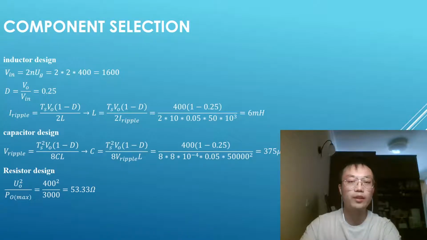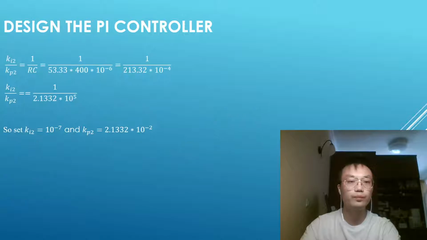As for the component selection, for the inductor, calculate the input voltage of the buck converter on the right side, find the duty ratio of the MOSFET, and use the formula to find the value of the inductance. It is proper to choose the inductor as 6 mH. For the capacitor, it's proper to choose 400 μH, and the resistor is 53.33 ohm. The PI controller, as mentioned before, Ki1 should be set as 0, then just give Kp1 a proper value